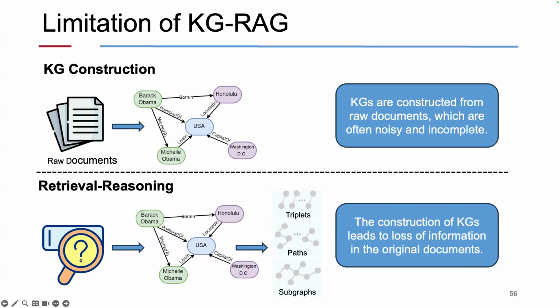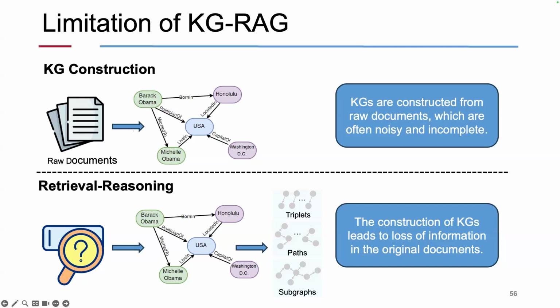So we are thinking, can we combine the knowledge graph, the original documents, and the large language model? Can we utilize these three sources of information together to get better performance? And also, even though the knowledge graph itself is incomplete, can we conduct some reasoning on the knowledge graph so that we can predict the missing facts and get new information that can be